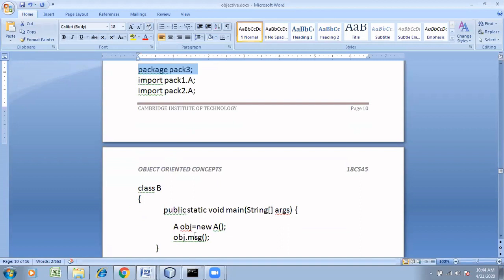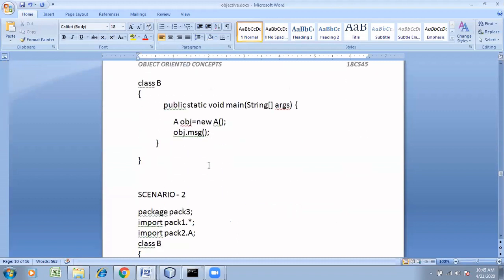Does the compiler give me ambiguous reference, yes or no? Yes, ma'am. But tell me at which place it gives me ambiguous reference, at this line or at this line? Import A object is equal to object. No, not in A object. When you import pack2.a itself, you will get it. Clear? Because when you are importing .a itself, it is clearly ambiguous, isn't it? So at this line itself, you will get compile time error. Clear? This is scenario 1.